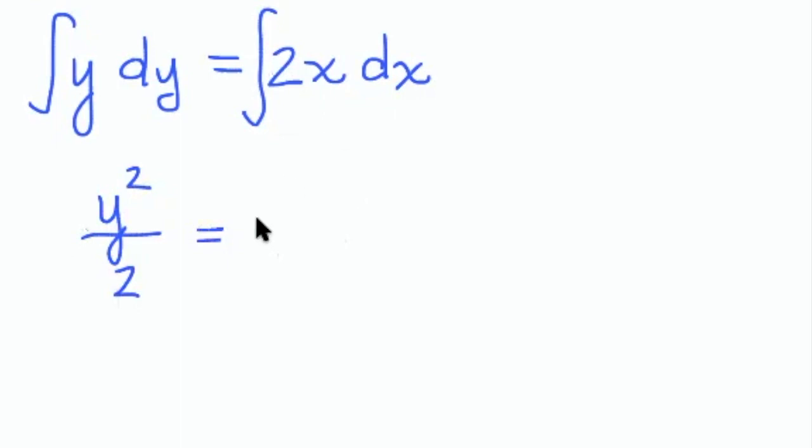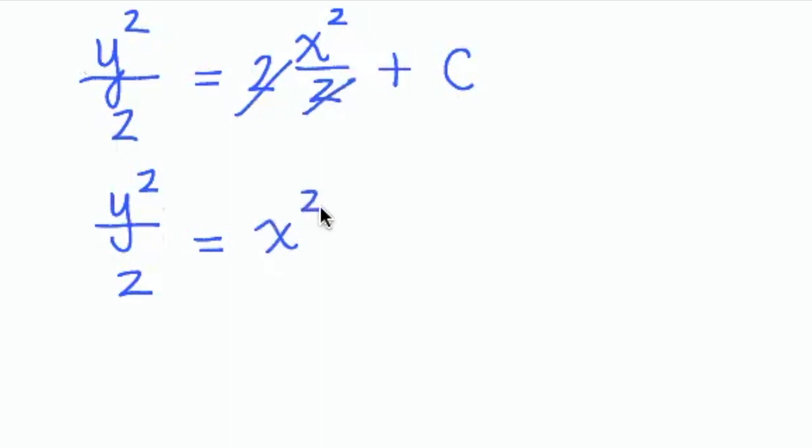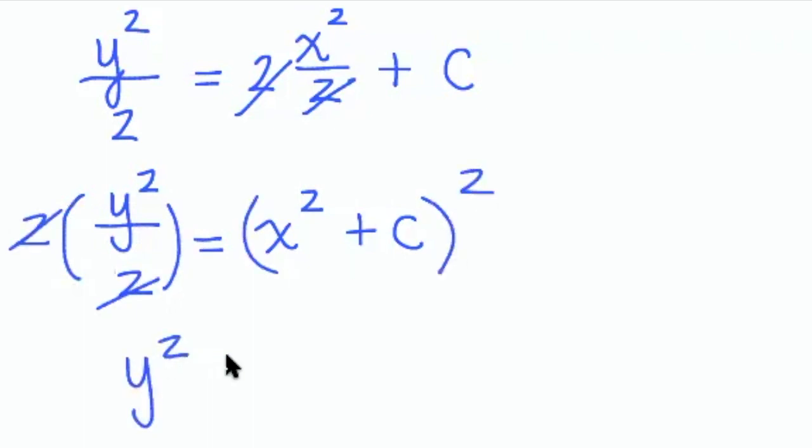And the integral of 2x dx is going to be 2 with an x squared over 2. Here goes my plus c. Simplifying that equation, we have y squared over 2 equals, I'm going to cancel both my 2's, and I have x squared plus c. To finish solving for y, since y squared is being divided by 2, I would do the opposite to both sides and multiply by 2. We get y squared equals,